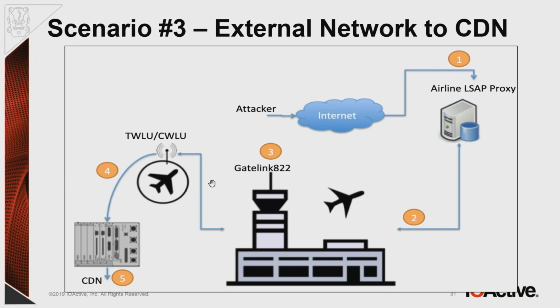Another option is scenario 3, which is an external network to CDN. This is probably another worst case scenario. The 787 supports different communication links, SATCOM or cellular, or what is called the Gatelink 822, which basically is a wireless infrastructure that is located on the airports, in almost every airport. So when the 787 lands and goes to the gate, it connects through a specific wireless, the Gatelink 822 wireless, to a specific server that is configured in the aircraft through a specific file, which is the